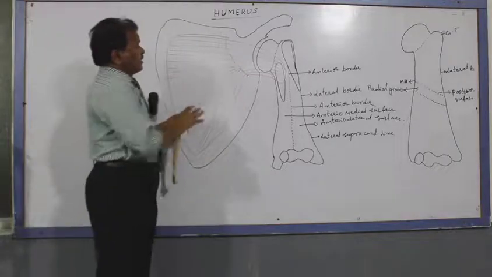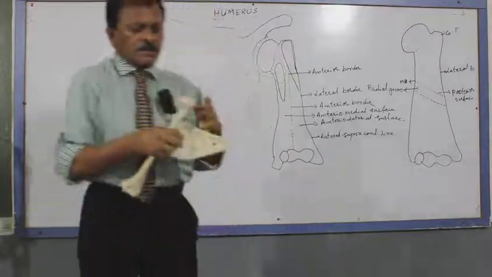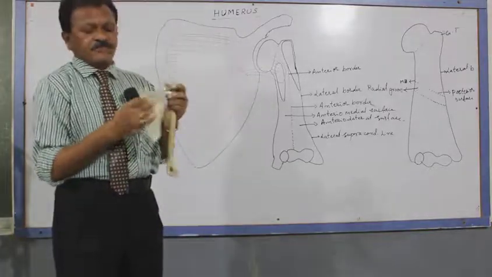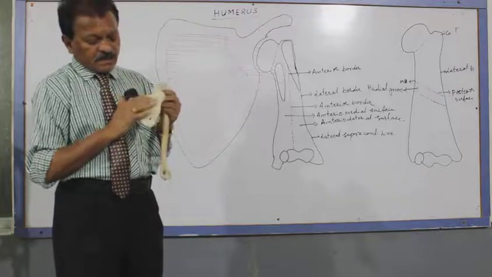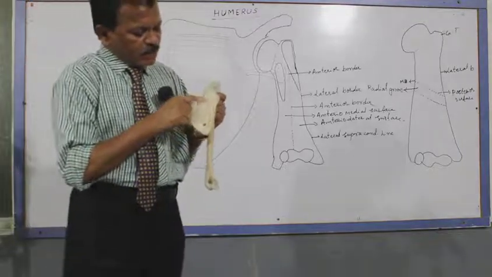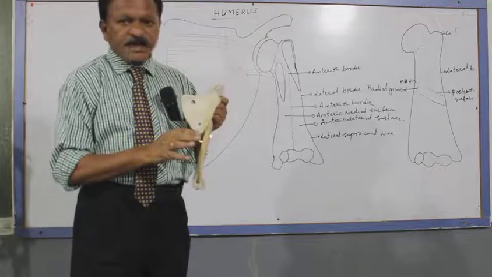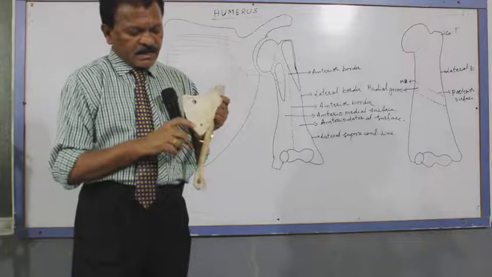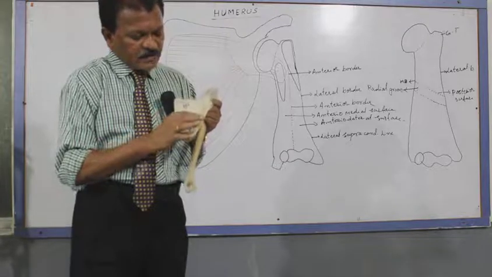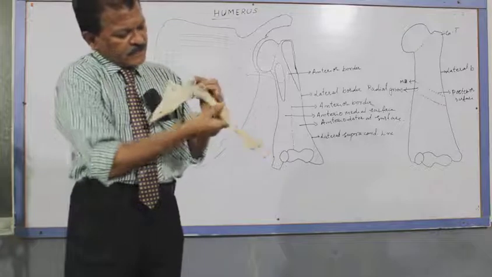One second. This is the scapula. This is the dorsal surface, because here there is a spine. So this is the ventral surface, or otherwise it is called the subscapular fossa. The subscapular fossa gives the origin for the subscapularis muscle. And here, on the medial side of the ventral surface, there is an insertion of the serratus anterior muscle. So the subscapularis muscle arises from here, and after origin, it runs laterally.